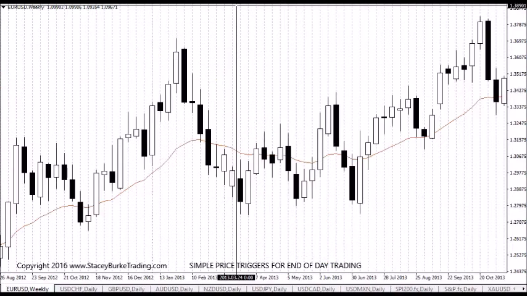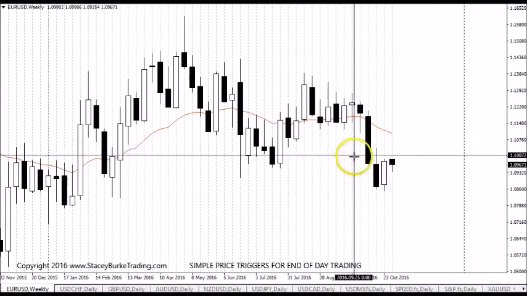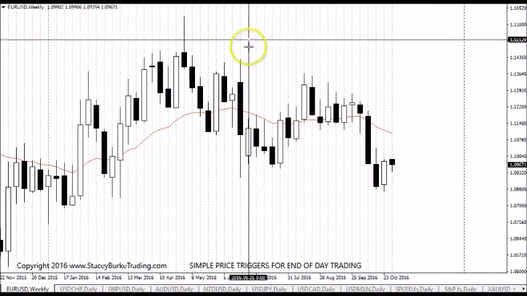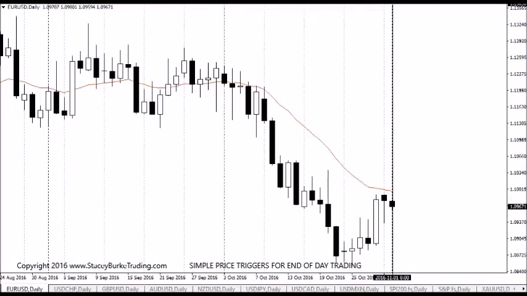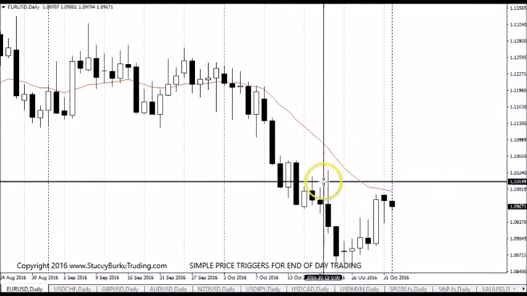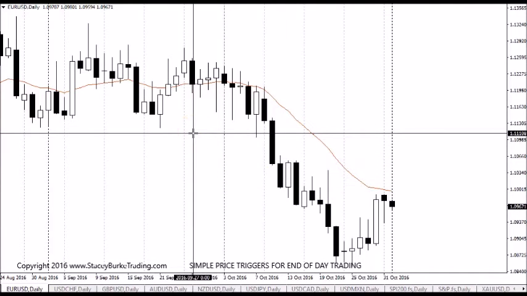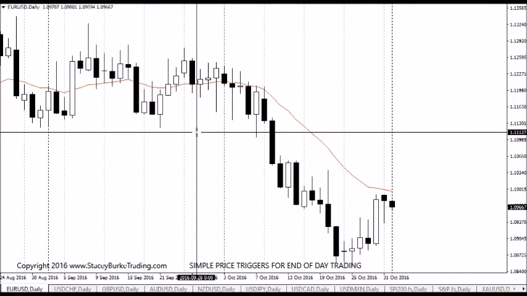And the thing to remind yourself of is that if it's a weekly chart and you have a weekly ATR, well, that's obviously going to be driven by Monday to Friday price action, but also over the course of the month, the average true range of that instrument. Your end of day trading can allow you to start to position yourself when these triggers show up, managing the downside in terms of knowing what your maximum loss is going to be on that trade,